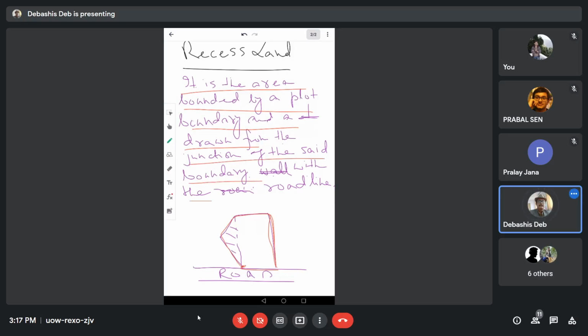This is the junction of the road and the boundary. This is the boundary, and so I am drawing one perpendicular like this. So this hatch portion is bounded by the boundary as well as the perpendicular. This portion of the land is called recess land. Let me erase, okay? Now,